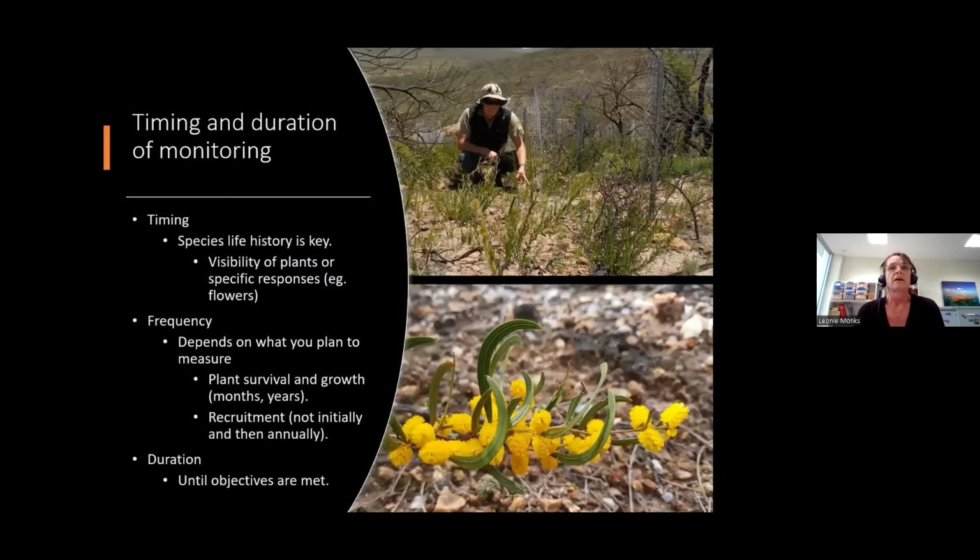The timing and duration of the monitoring depends again on what you're monitoring and what you would like to know. So for this occasion, we're looking for flowering and viable seed production, which meant twice yearly visits. So firstly at flowering in May and then seed release in November. We were looking for seedlings for the grevillea in the top photo. So we were looking several times in the winter and spring following a wildfire to understand whether this had occurred.